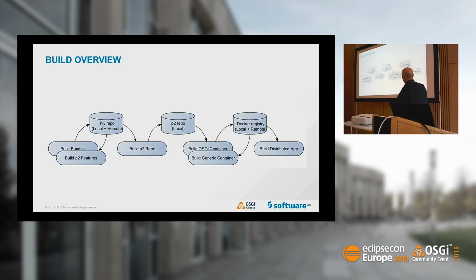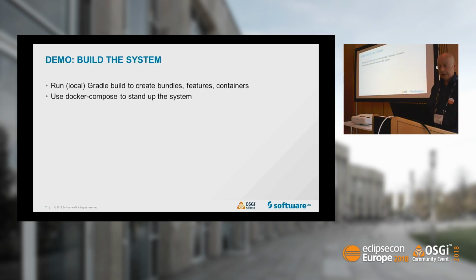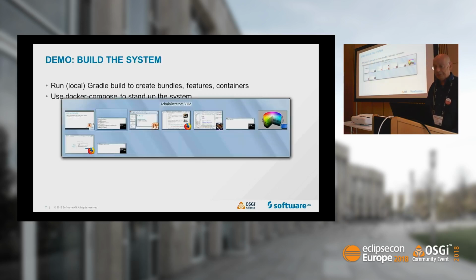And from these features, we provision containers. So we have generic containers which form the basis, and we use the Docker capabilities of copying and layering containers, using a base container to which we add features to get a runnable OSGi container. These will again appear in your local Docker world, or it could be a remote Docker world as well. From these, we stand up the application, as you'll see in a minute. So I'll go to that point.